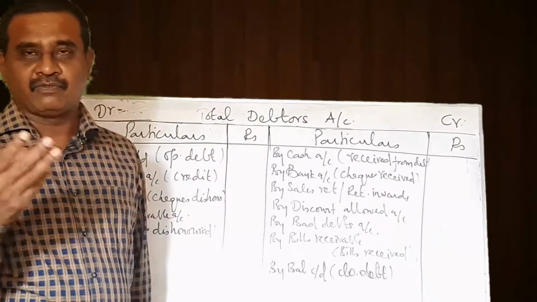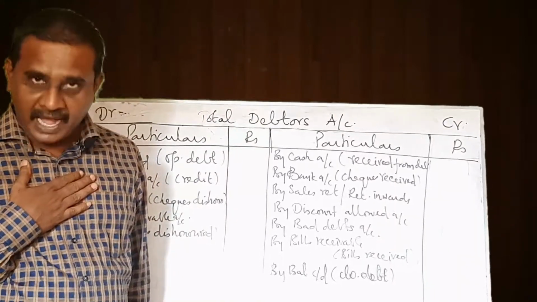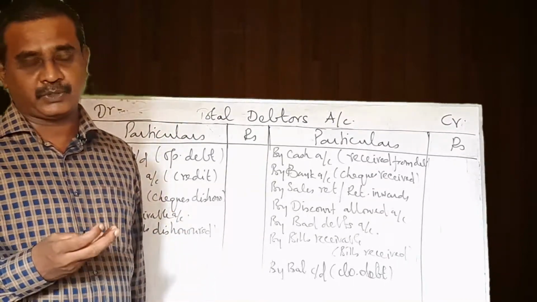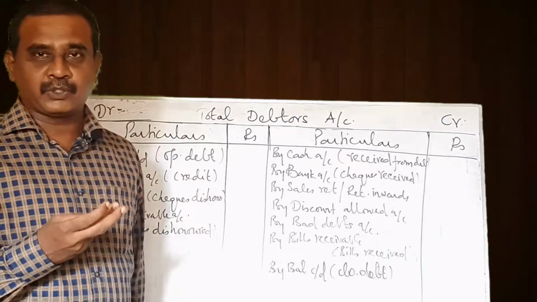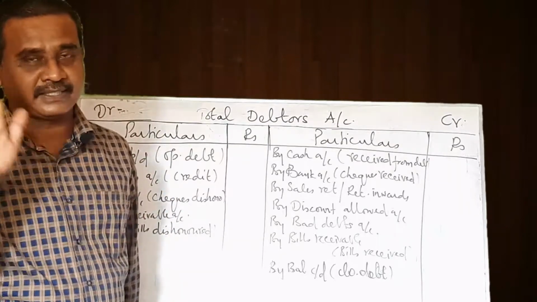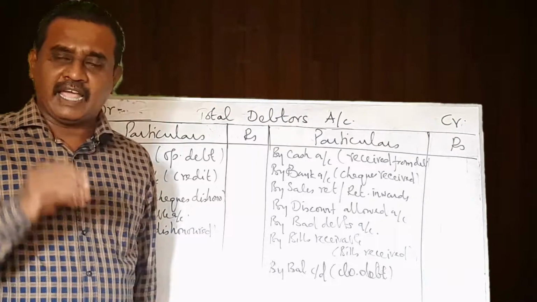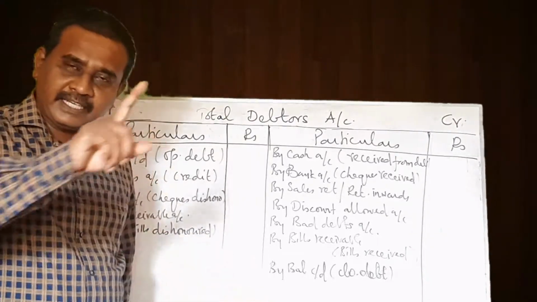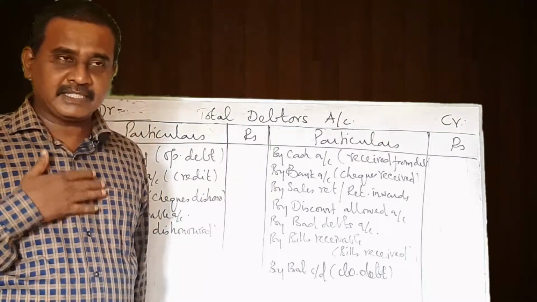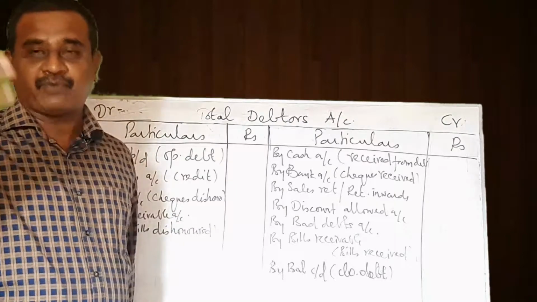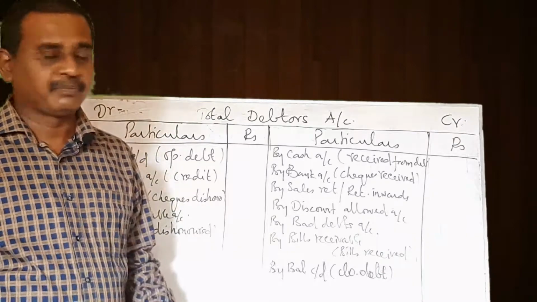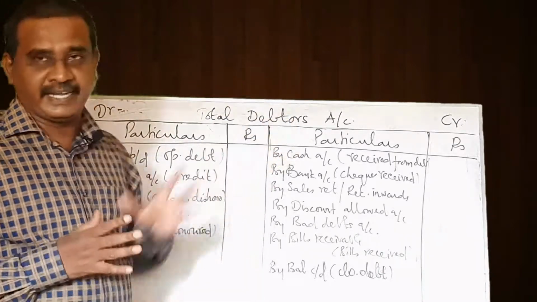Suppose there are three fellows who have borrowed goods from us on credit: A, B, C. A has borrowed for 10,000 rupees, B has borrowed for 8,000 rupees and C has borrowed for 5,000 rupees. On the whole, that comes to 23,000. Instead of mentioning everybody's name in the balance sheet, we collectively call them debtors and they owe us money. It means we have to receive money from them. That is why it is taken to the assets side of the balance sheet. Now, I hope you have understood the meaning of debtors.